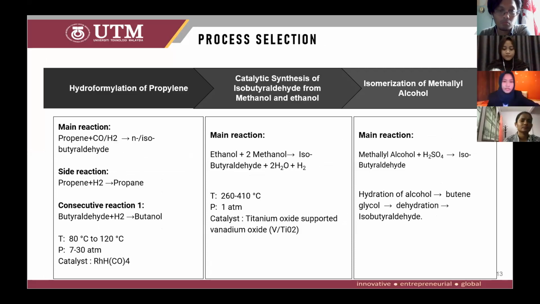Okay, so next is the process selection. We have come up with 3 different reaction processes. The first one is the hydroformylation of propylene, which involves the reaction between the propylene with the syngas to produce N-butylaldehyde and also isobutylaldehyde. At the same time, it also undergoes a side reaction in which